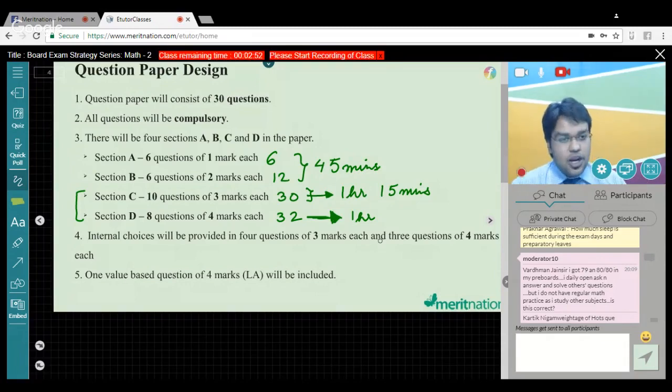See, Vardhaman, first of all, congratulations on your awesome score, on your wonderful score, getting 79 and 80 on 80. That's the dream for many class 10 students right now. So congratulations on that. And what I would advise you is that, yeah, you can solve others' questions. That's the best way to increase your knowledge. Also, please do not lose out on your practice. Do at least 3-4 surface area volume questions, or 2-3 AP questions, or probably solve a quadratic equation. Do not miss out on your own practice, right?